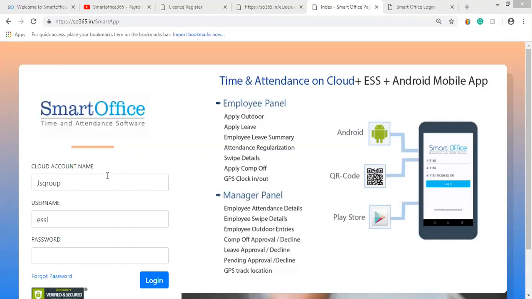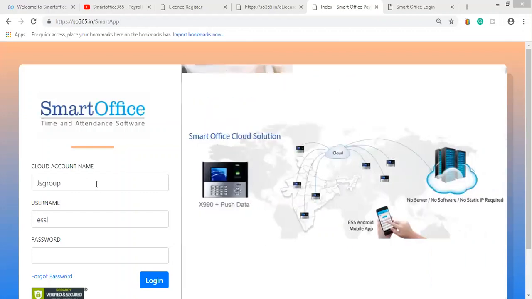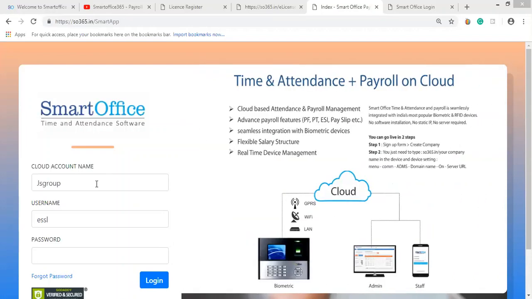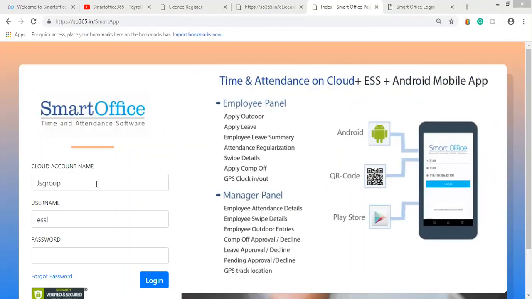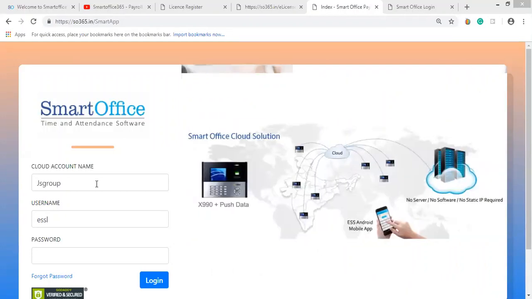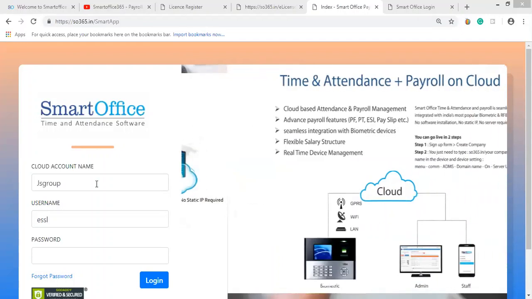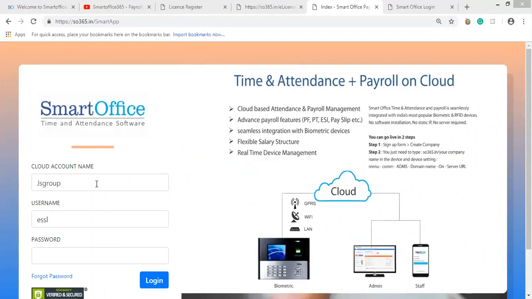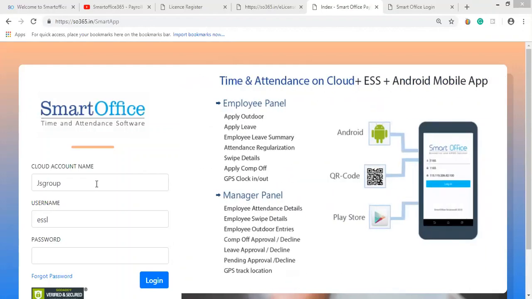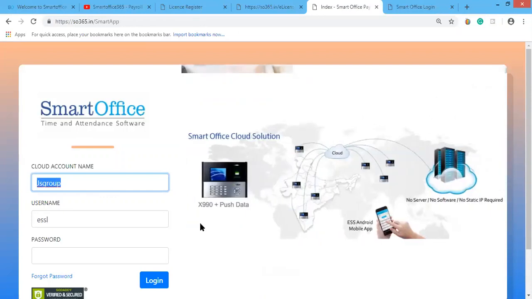As I said, the cloud account name is to identify your cloud account domain name. How are you going to identify me? By my name, right? And how do you identify an organization with that cloud? With their company name. Since it is hosted on our server, we are going to give that server access with their cloud account, or by their domain name. So it is a kind of identification for all the clients. That is why we create the cloud account by their company name.